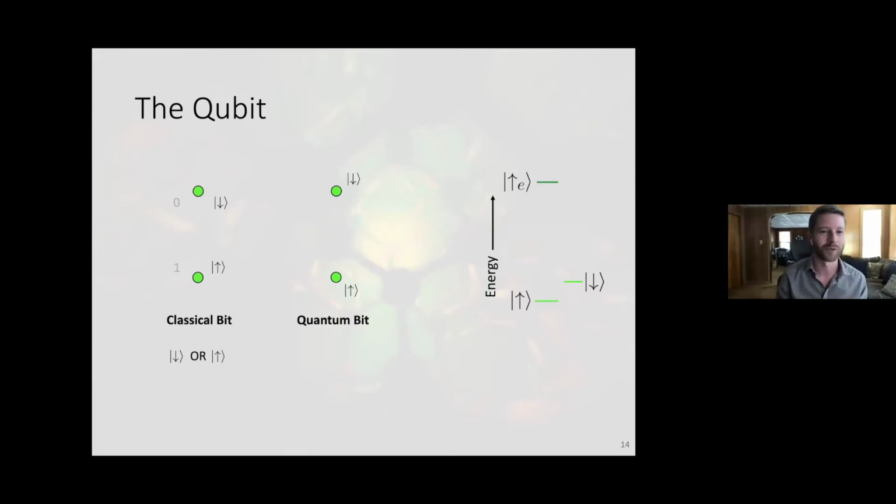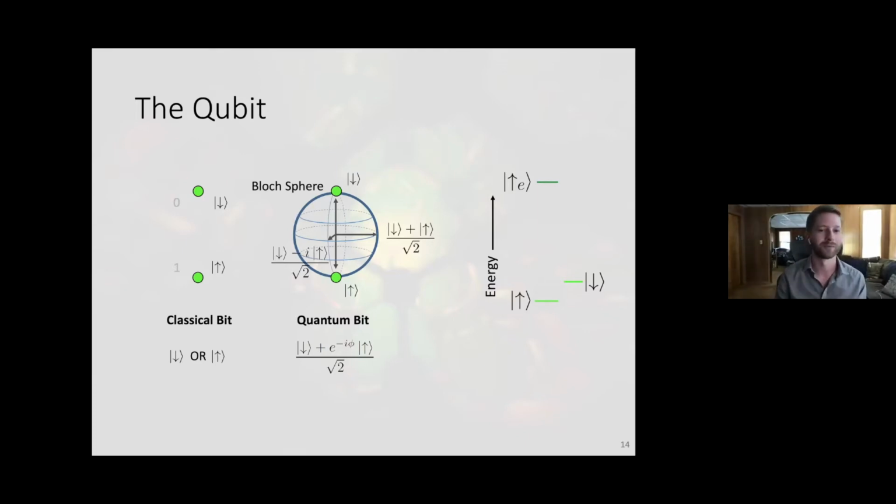Instead of having one or the other, we can have any superposition of them, which we can represent on the circumference of a circle. Where on the right there, you have a nice superposition between spin down and spin up. But it gets a little bit more complicated than that. A quantum bit has yet another degree of freedom, which is the phase. And that phase we can represent in the third dimension of this circle by extending it to a sphere. And thus we come up with our Bloch sphere, which represents any possible value of a qubit.